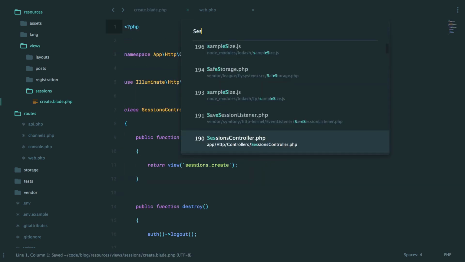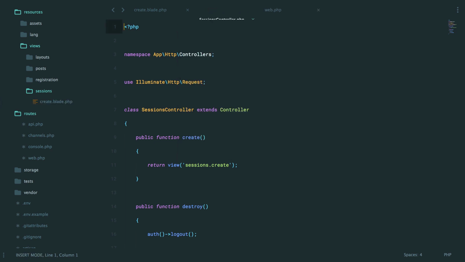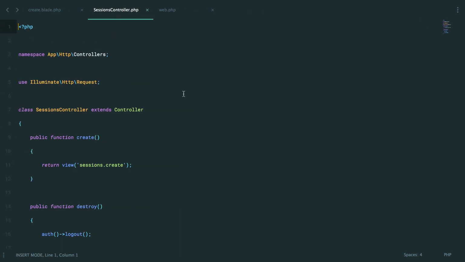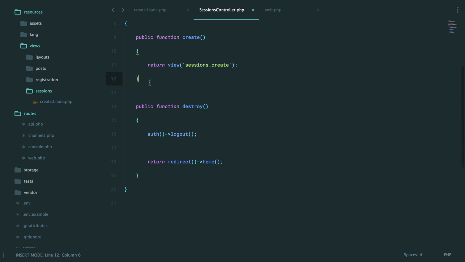All right, so we go to sessions controller now. Notice how doing Command P is much faster. In general, actually, in real life, I keep the sidebar closed almost exclusively, but I do try to keep it open for these tutorials. Anyways, we're going to have a store method, and this is where we attempt to authenticate